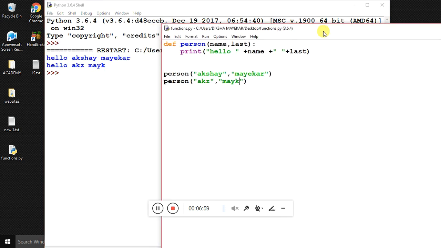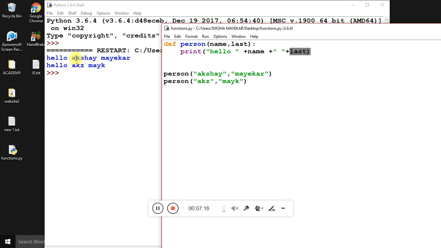Now as can be seen, I am getting these two outputs, which say hello Akshay Mahekar, hello XZ MYK. So when this calling function is encountered, these two values, Akshay and Mahekar, will be passed over here,